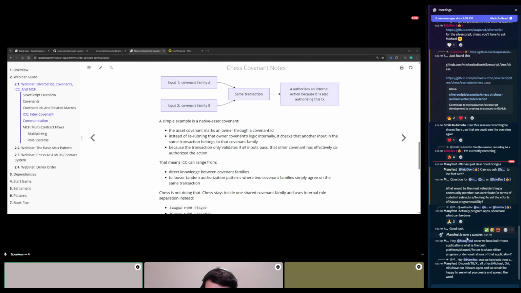It can also be relevant if, for instance, in the DOG20, the minting logic is more complicated than just printing money, and that logic is big enough that you might want to split it to another contract, but still live under the same covenant. So you can use the same concept for a minter versus just a user in a native asset system. And you can go on with this with several examples.